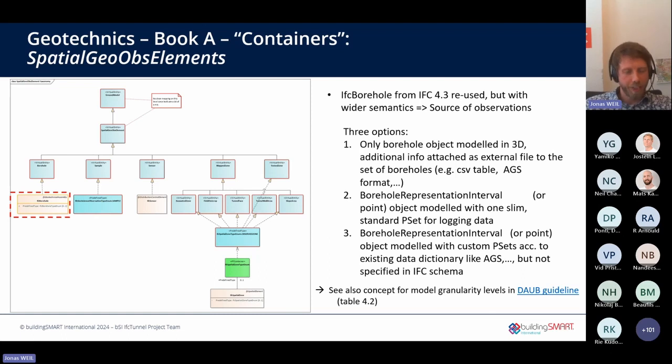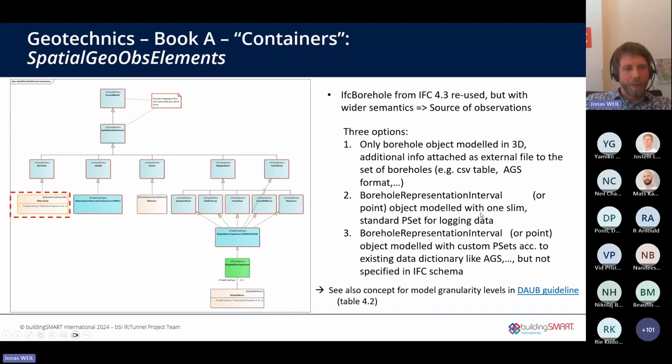Of course, there are much more sophisticated methods to do this in IFC, and this shall be supported by the schema, that external files can be linked to borehole objects. But it should also be possible to go into more detail and model the logs or the observations that have been made along the borehole as 3D objects, and to attach property sets for logging data.